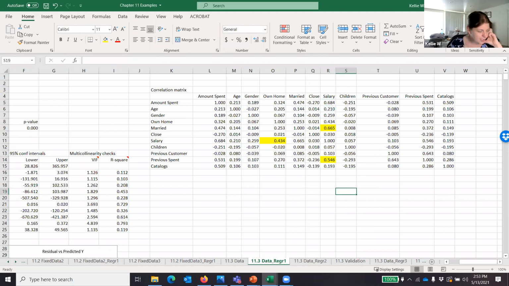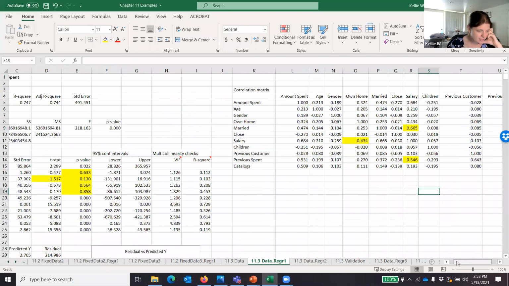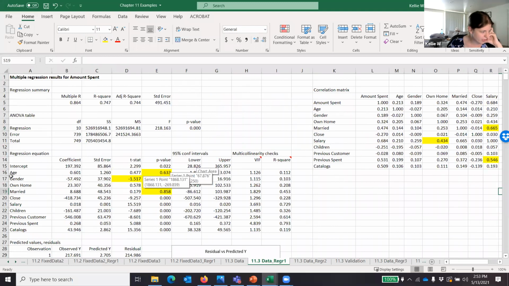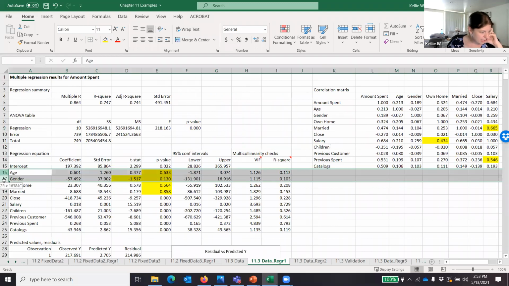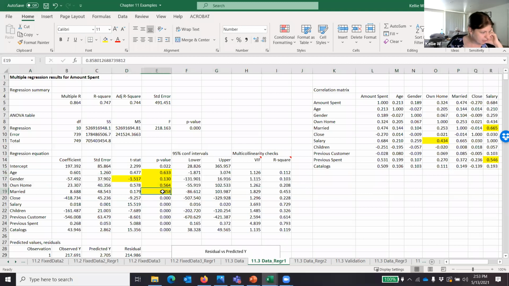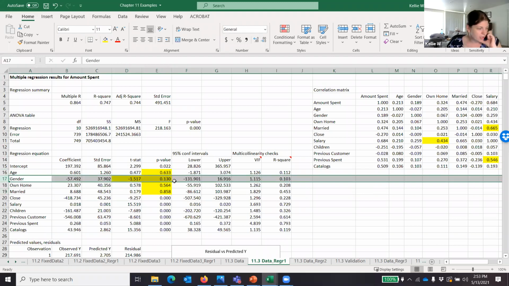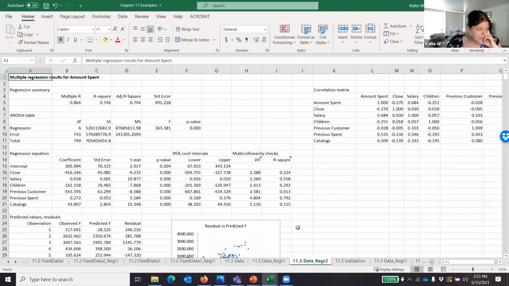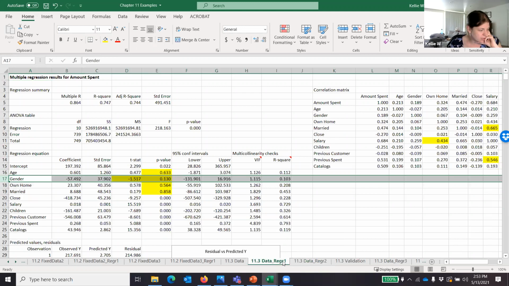So you can kind of see what I'm doing here. I'm just looking at this initial run and looking for things to get rid of. Age, gender, own home, married. If I had to drop something right off the bat, I'd probably drop gender. Again, this is so open. So it looks like we dropped gender,